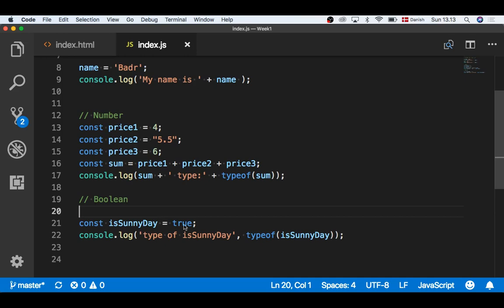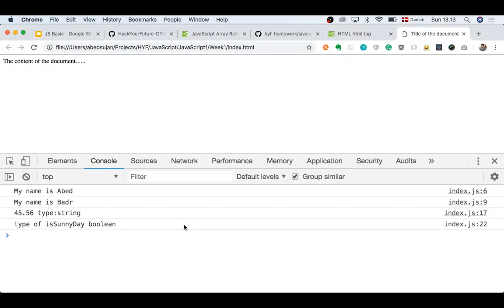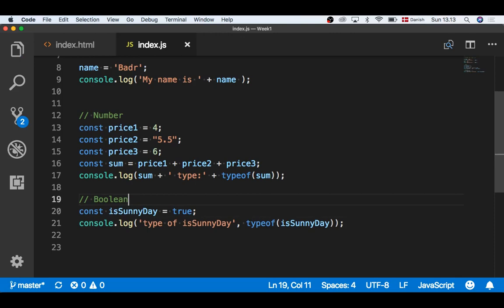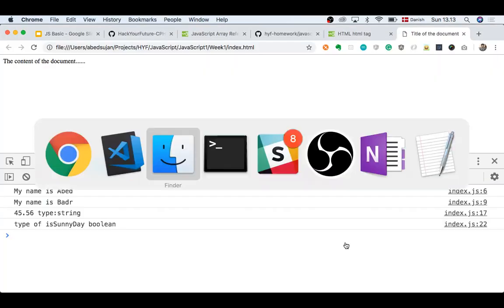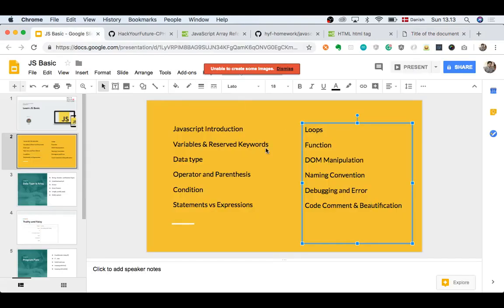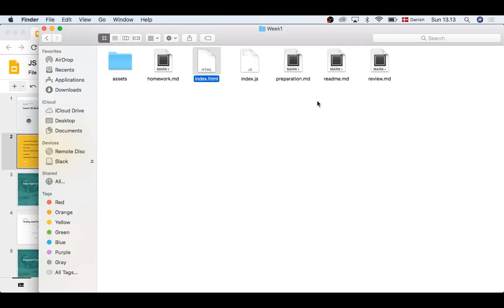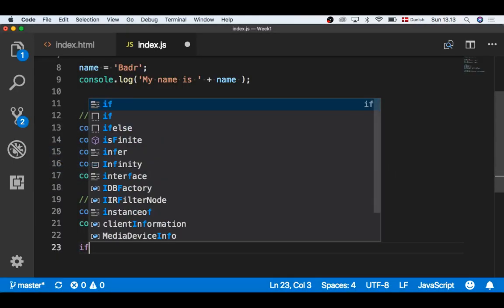And what is the value of truthy and falsy? True is a boolean value, right? And false is also a boolean value. We also covered conditions in the last class, if else. Okay, let me see. I think let's cover the condition. Yes. Okay, so if